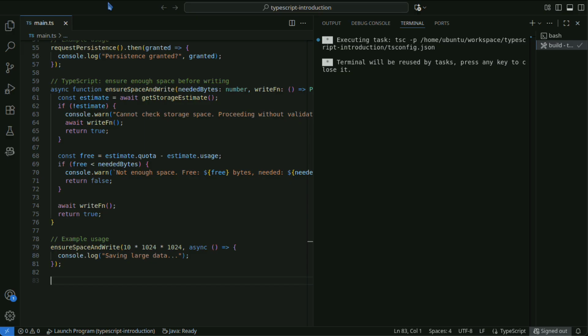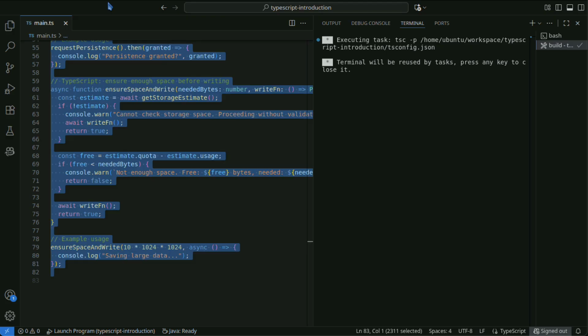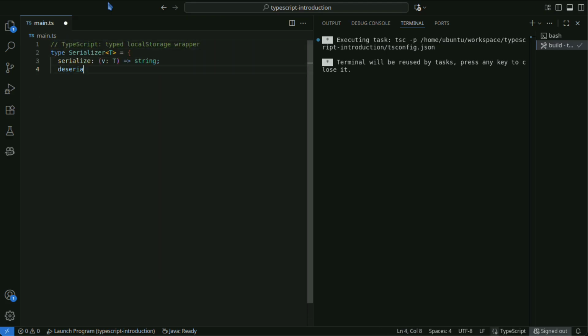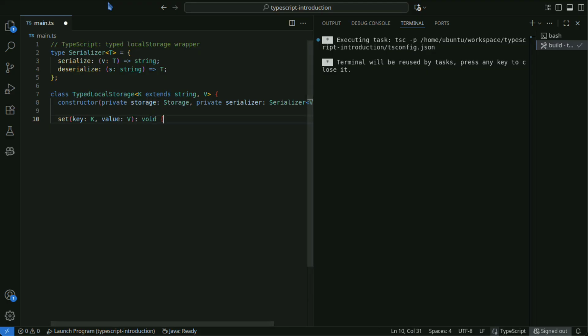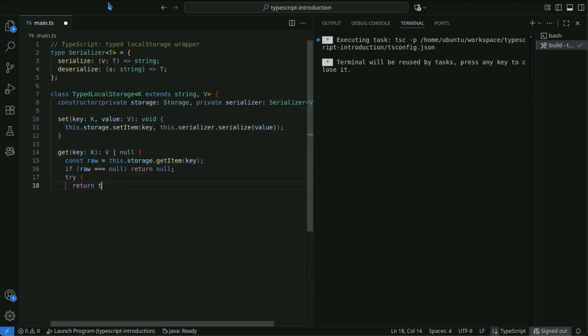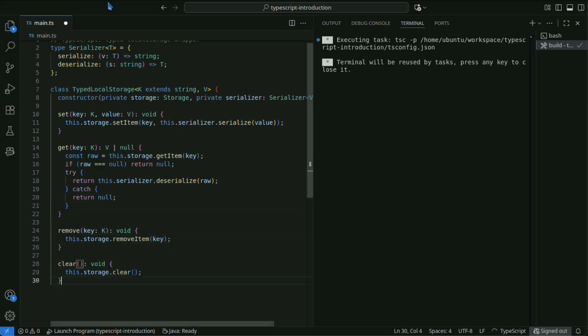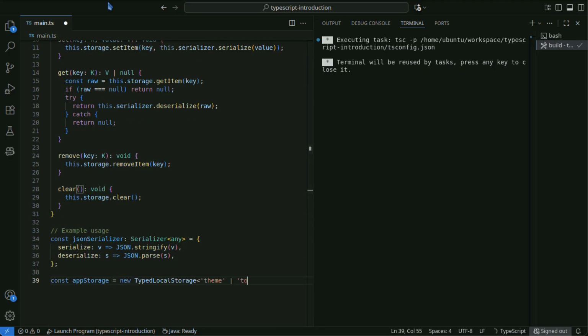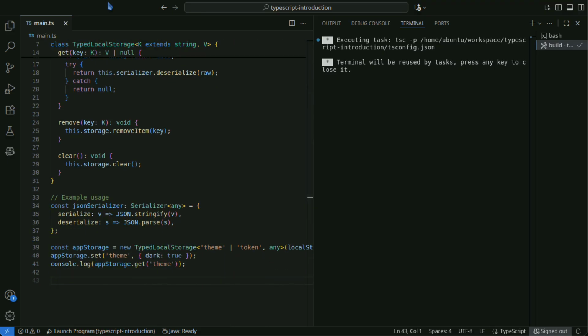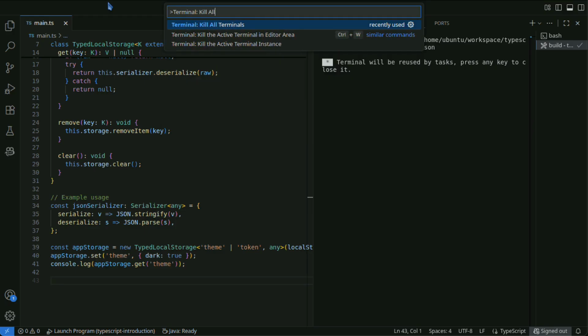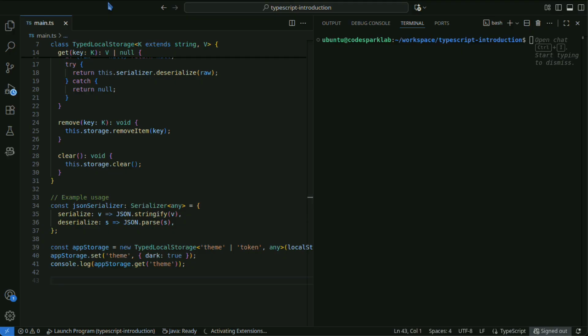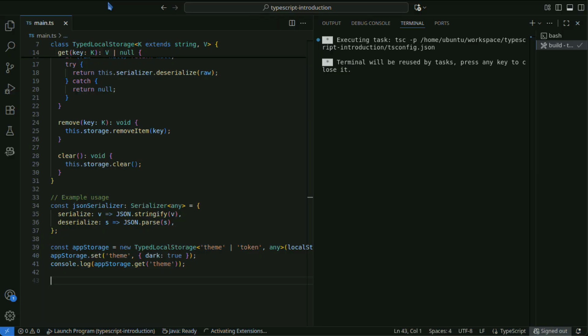The following class uses generics to create a type-safe wrapper. This class helps reduce the risk of storing or retrieving data with the wrong type.